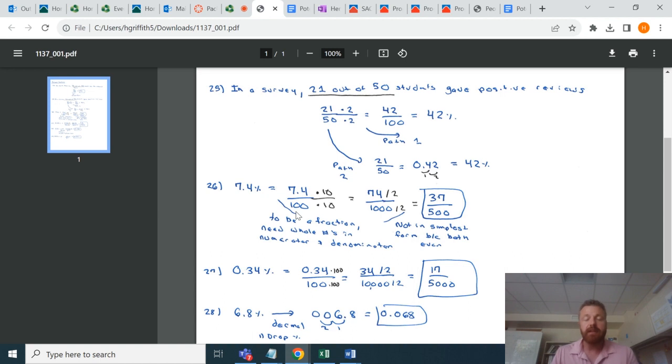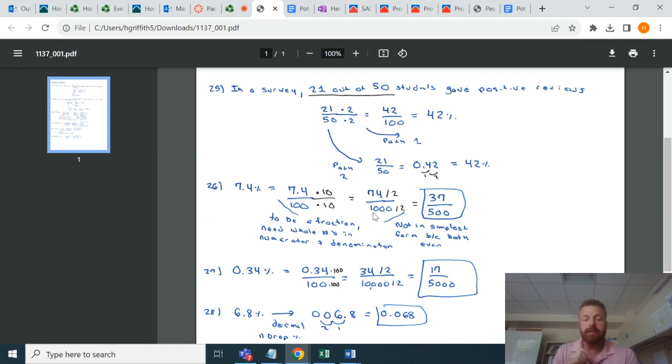Now, what's the problem with that as a fraction? Well, remember the definition of a fraction, you have to have whole numbers in the numerator and denominator, and 7.4 isn't a whole number. However, we know whenever we see a decimal that we can get rid of that decimal essentially by shifting it to the right by multiplying by powers of 10. So if we just need to shift a decimal one place to the right, we only need to multiply by one factor of 10. However, remember that if we multiply the numerator by a factor of 10, the denominator must also be multiplied by a factor of 10. So walking through what we've done, 7.4%, drop the percentage sign, write 7.4 over 100. Note that 7.4 isn't a whole number. You need to move the decimal one place, multiply by 10 in the top and the bottom. That's going to leave you with 74 over 1,000, which is the correct answer as a fraction, but it's not